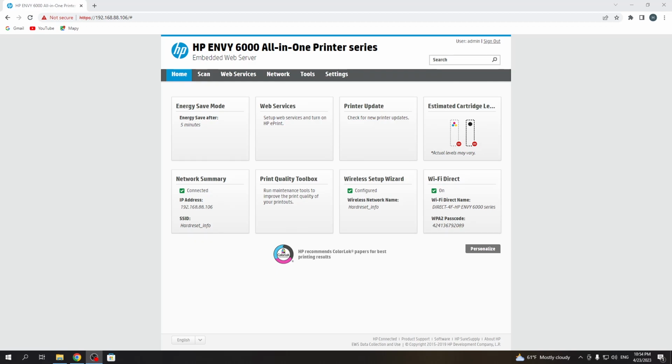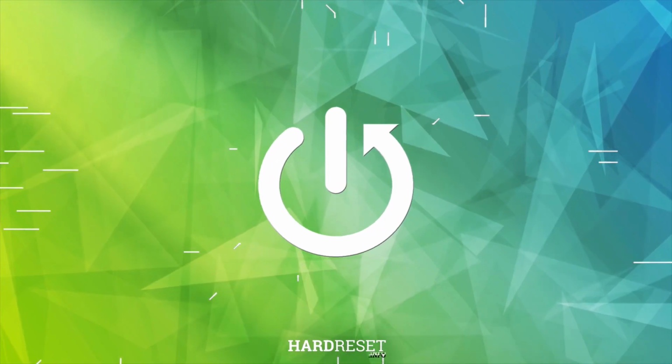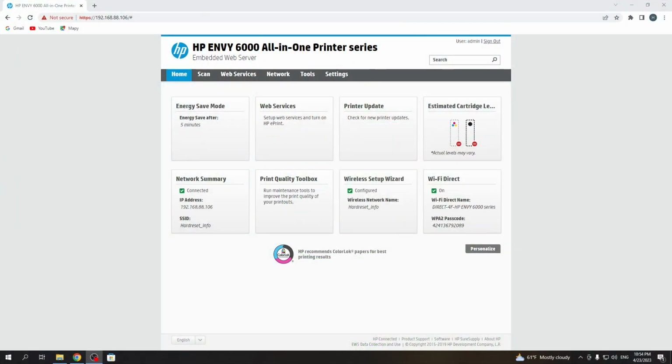In front of me is an HP NV6000 series, and now I'm going to show you how to change the printer's language. So you can change the language of the embedded web server, but you can also change the language of printing the